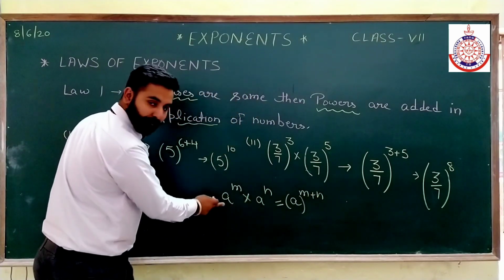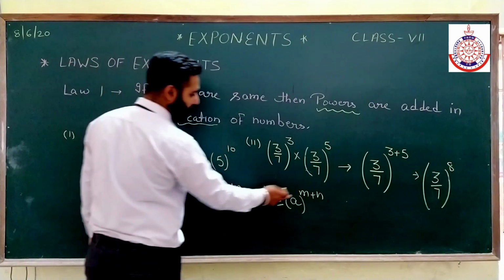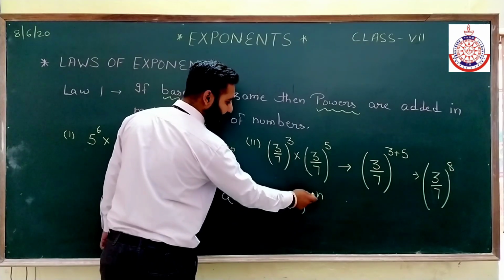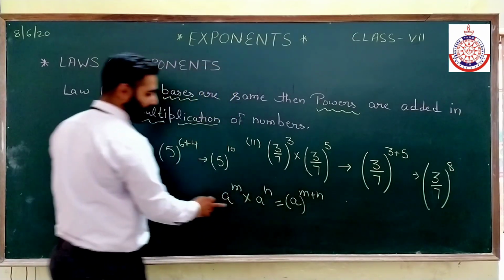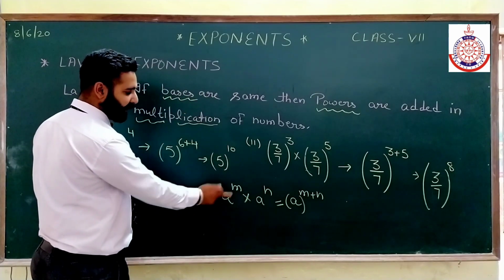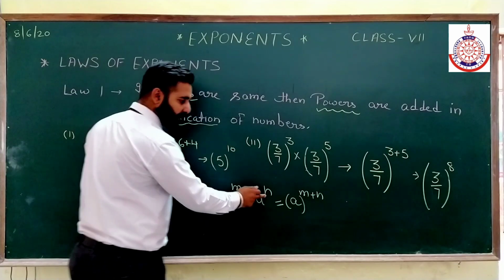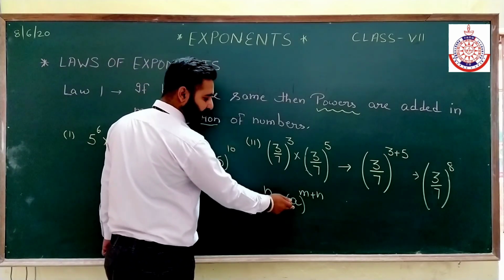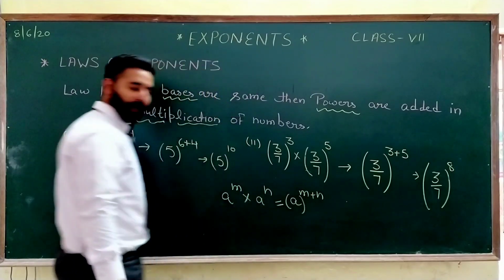Bases are same, they are in multiplication, so what we have to do, we have to add the powers. So it will become a raised to power m plus n, because first a is having m as a power, second a is having n as a power, so the result will be a raised to power m plus n, where m and n are